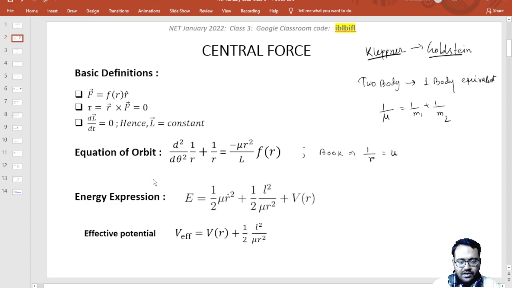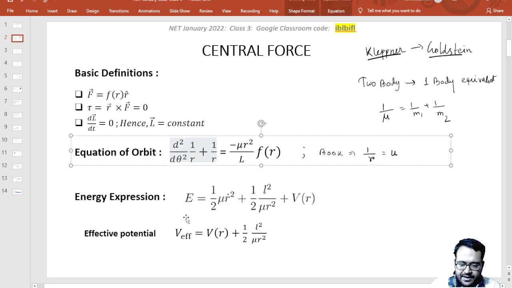Now our first aim will be to have some general structure. First is the equation of orbit. What would be the equation of orbit? You can derive it, but you need to remember it in the exam. That is d squared by d theta squared, operating on 1 by r, plus 1 by r, in a bracket,